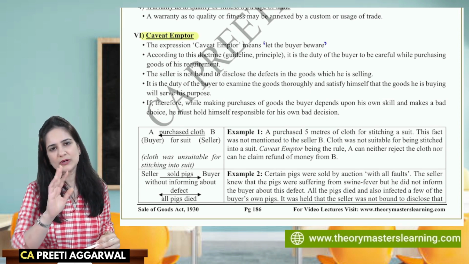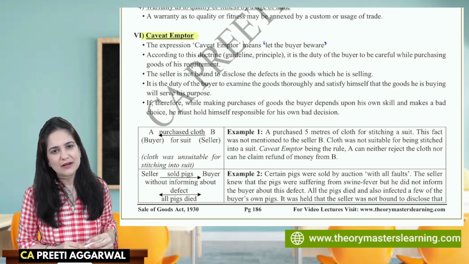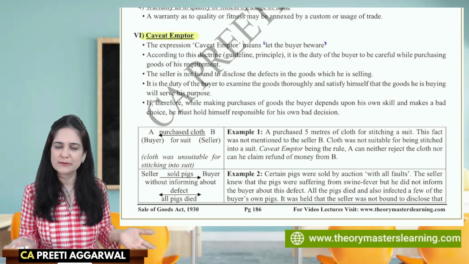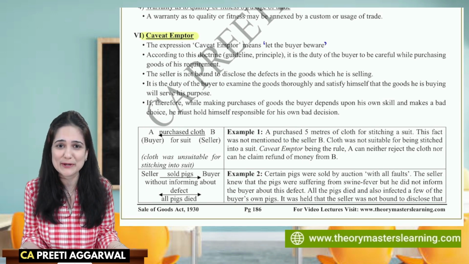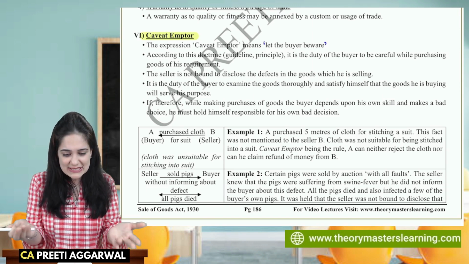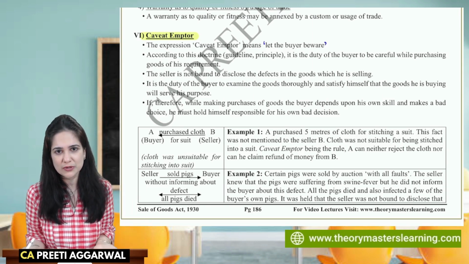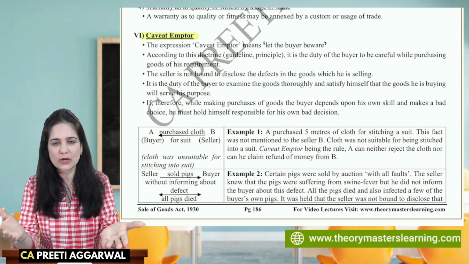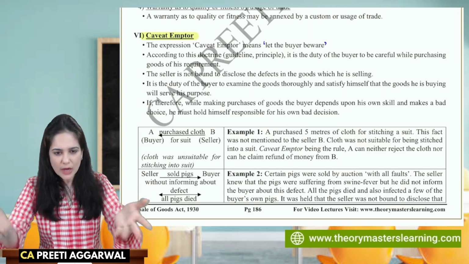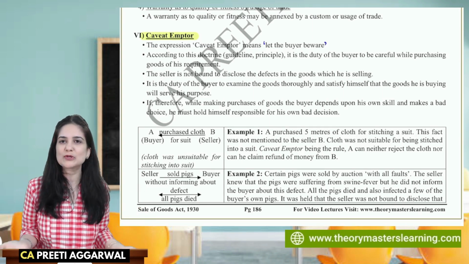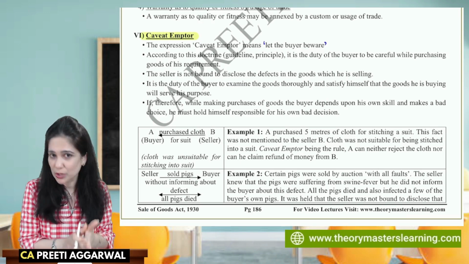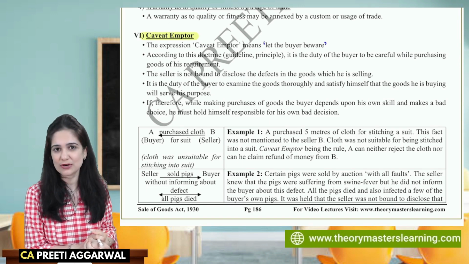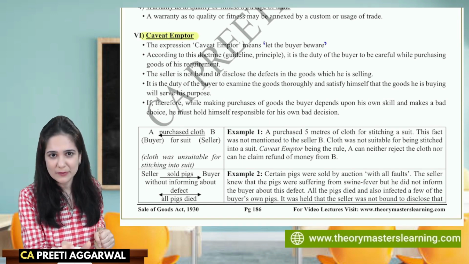The shopkeeper looked at you. My child, you did not ask for a tiffin that keeps the food warm. You just said, give me good quality tiffin. I showed you good quality of tiffin. Unless and until I know the purpose for which you need it, unless and until I don't know what quality you need, what is your requirement, how am I supposed to be blamed? So the seller is not responsible for the buyer's choice. The buyer has to ensure that the goods meet his requirement.